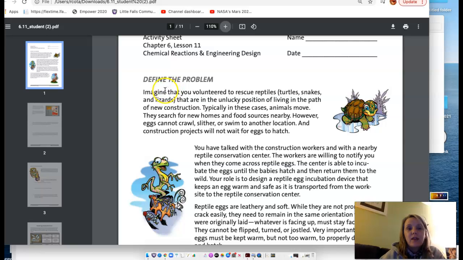It says, imagine that you volunteered to rescue reptiles, turtles, snakes, and lizards, and that you are in the unlucky position of living in the path of new construction. Typically, in these cases, animals move. They search for new homes and food sources nearby. However, eggs cannot crawl, right? They don't have any feet yet. They cannot slither, and they cannot swim to another location,